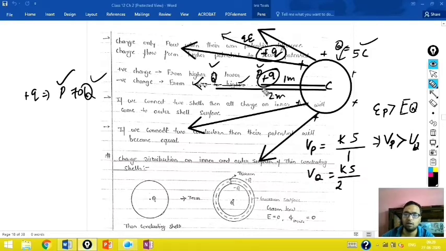Similarly, a positive charge gets repelled by this positive charge, that is also true. But if you provide minus Q charge, it will get attracted towards this, because a negative charge always moves opposite to the electric field, since a force of minus QE acts on it. So if we provide minus Q charge, it will always move from Q to P. Then we can say that it moves from lower potential to higher potential.